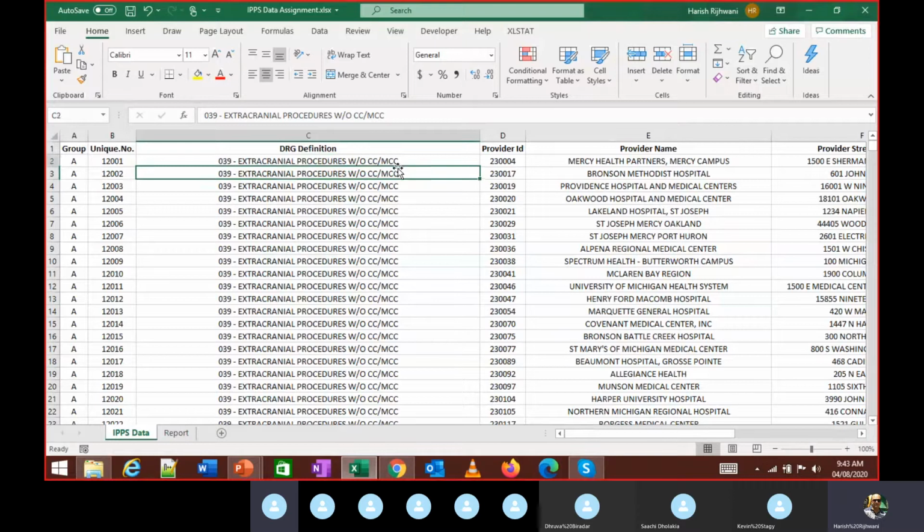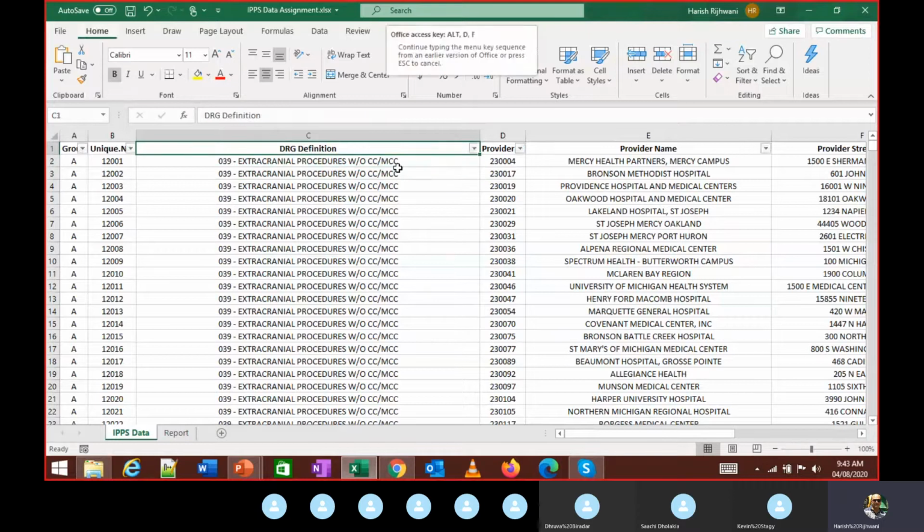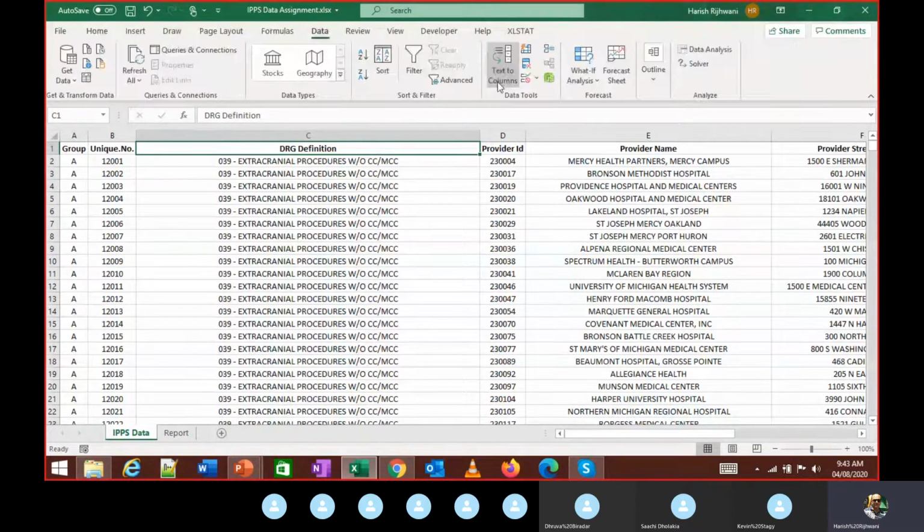If I filter this, the way to filter it is you go to Data and you'll see a filter option over here. The shortcut for this is Alt D F F. So here I'm able to filter this particular column.